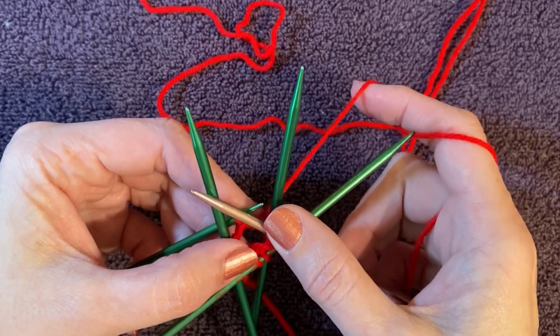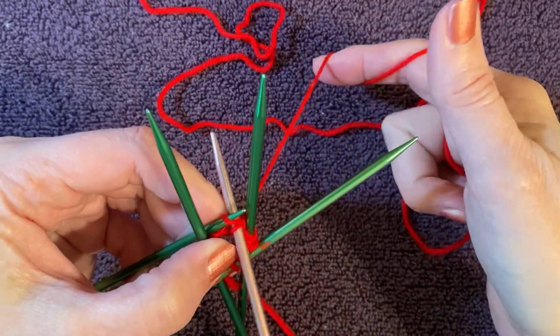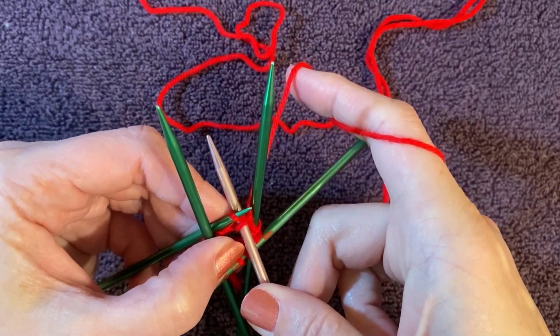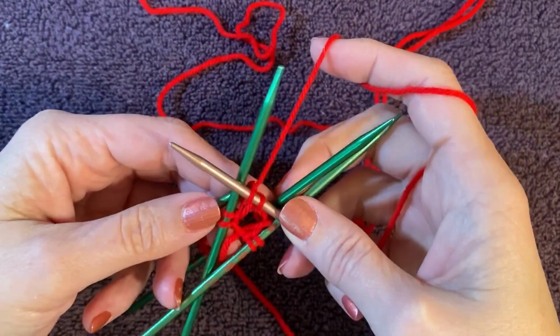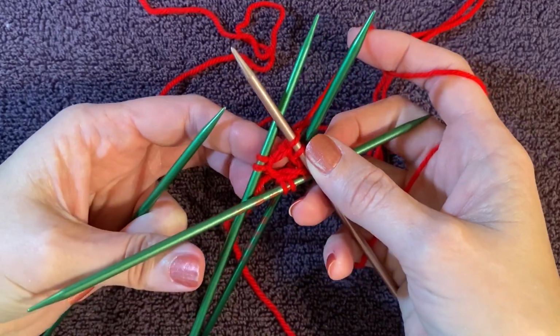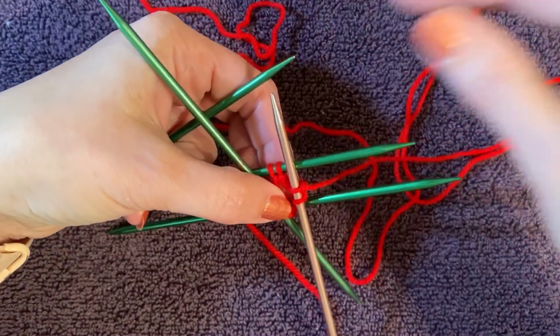The secret is that when you knit the second stitch, you give that first stitch an extra tug. And I don't mean so tight you could break the yarn, but an extra tug, and knit the second stitch. It tightens the first and secures it against the second. Now I'm going to keep my finger in the center of that